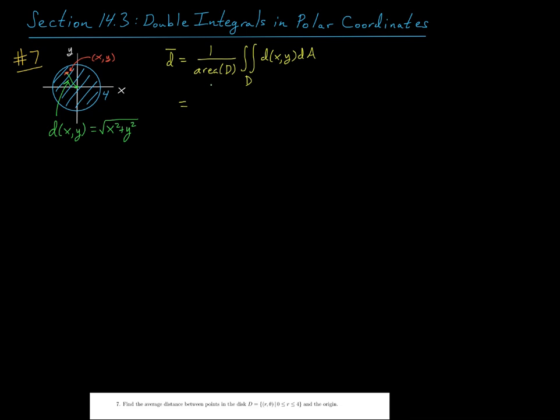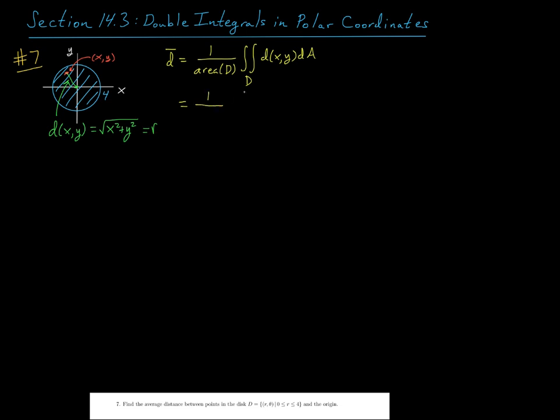Okay, so let's see now. I'm integrating over a disk, and my distance function involves x squared plus y squared, so that suggests using polar coordinates. And in fact, in polar coordinates, the distance between our point and the origin is just r. You can see that by saying x squared plus y squared is r squared, and we're taking the root of that. But you can also see it from the very definition of r. Remember, r is just the radial distance between the origin and our point. So we're integrating r,